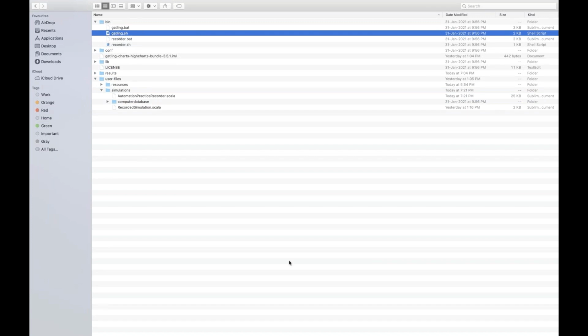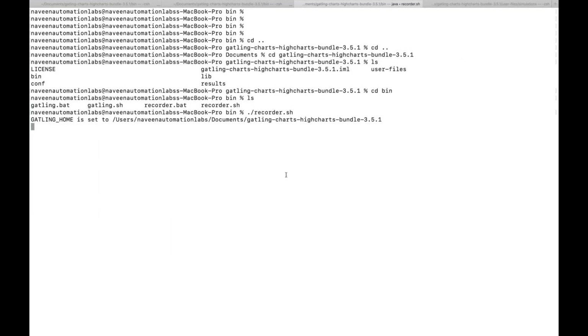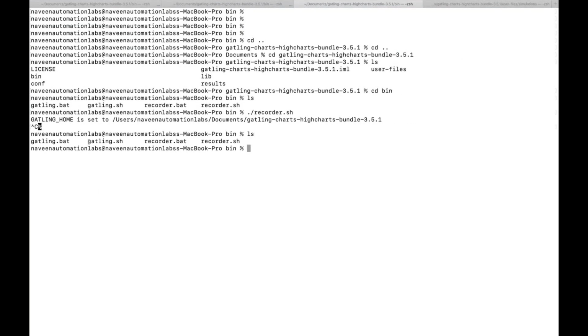So again, I'll be going to my terminal. From the terminal, I simply press Ctrl+C. Inside my bin folder, you will see that we have this gatling.sh file. Now I'm going to execute my Gatling runner. So this is called Gatling runner, and this is called recorder. So record it and run it again with the gatling.sh file. If you're using a Windows machine, you have to use the gatling.bat file. That I have already told you in my previous video. So I simply write once again gatling.sh. I'm going to execute that.